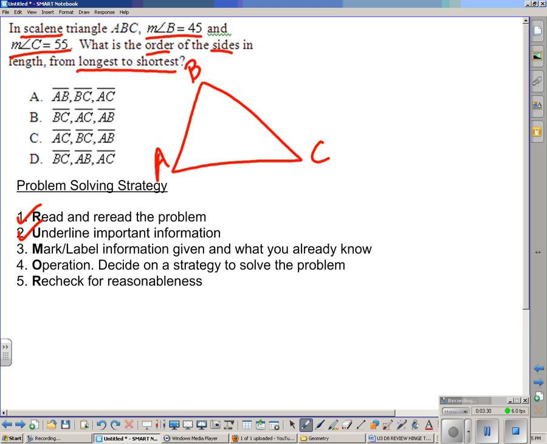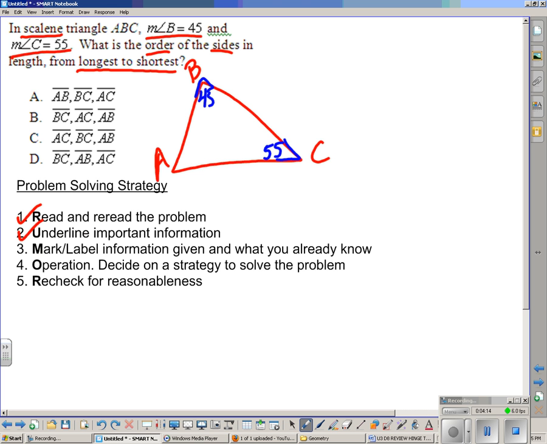All right, it told me that angle B was 45, and that angle C was 55. And what is the order of the sides in length from longest to shortest? So there's nothing I can label there, so I want to move on and label, if any, information that I already know. Okay, I have a triangle where I'm given two